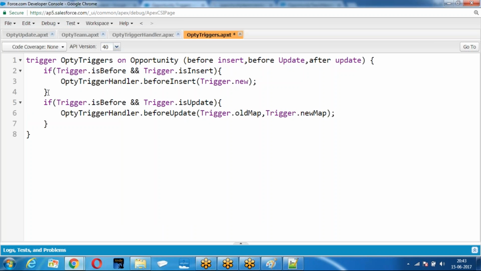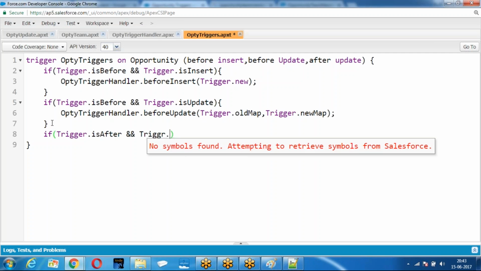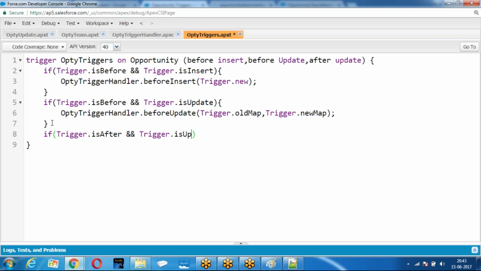I am passing the old map and new map, asking them to run the logic. Then I am giving again, if trigger dot is after and trigger dot is update. If it is after update,